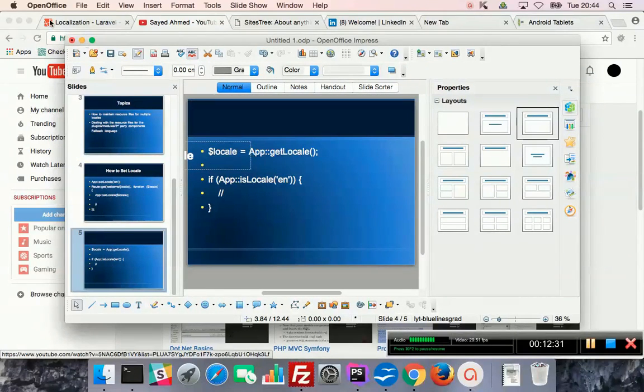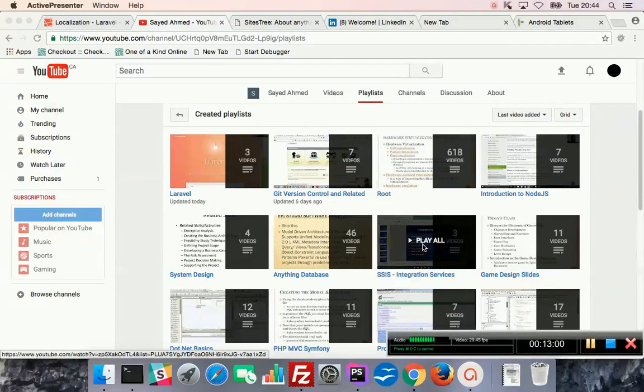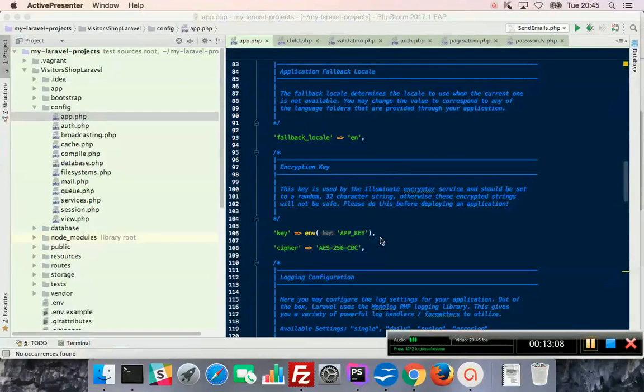Yeah, this ActivePresenter, sometimes it gets stuck. I had issues with other videos. I probably have to see if I can use my Camtasia Studio, if I have that license. I have a license for Windows. Okay,